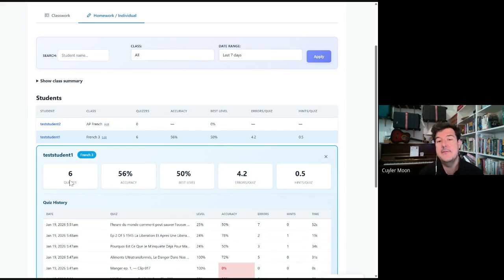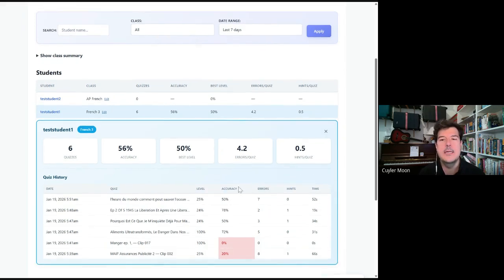So like how many quizzes they've taken, the accuracy overall, their highest level that they're reaching on average, the errors per quiz that you're seeing on average, and the hints per quiz on average. So there's just some average stats to give you an idea, and then you can see specifically how they did